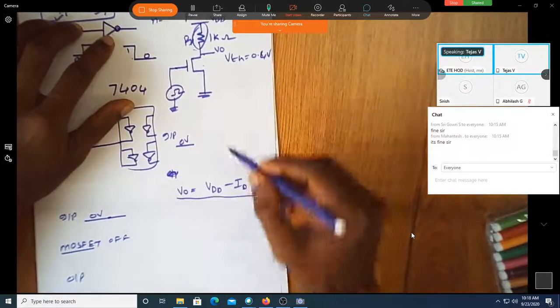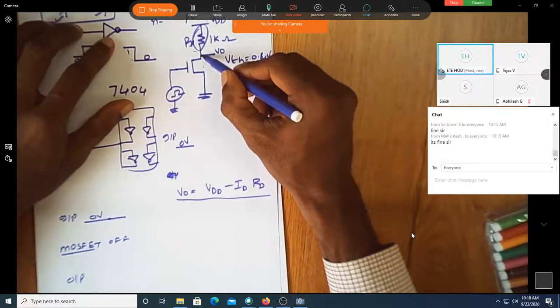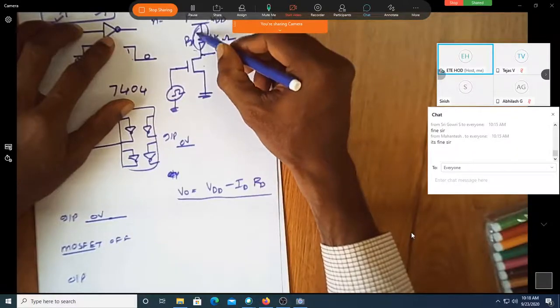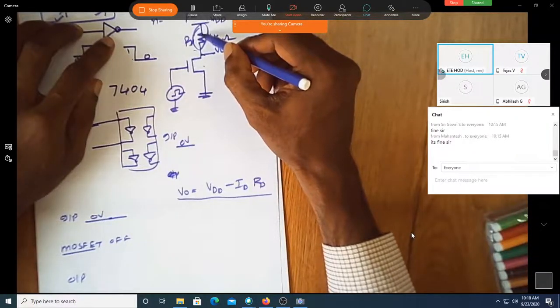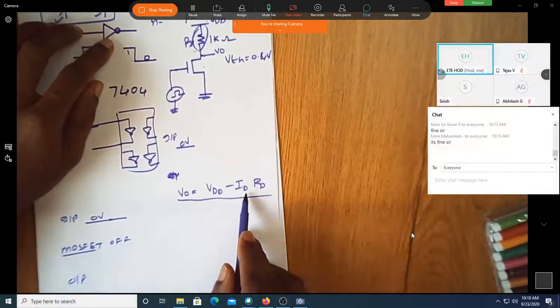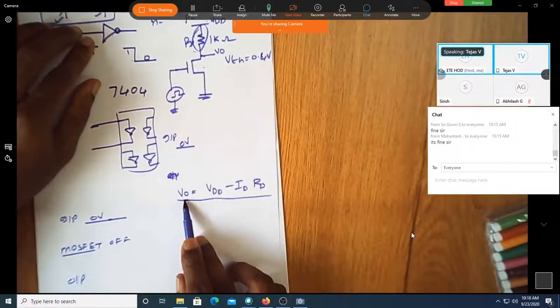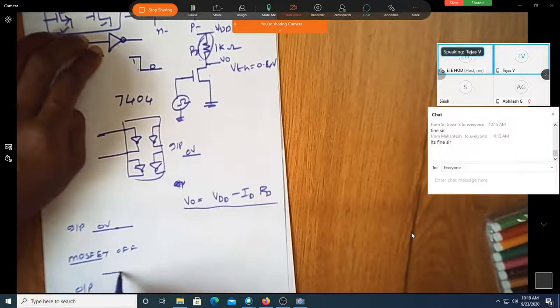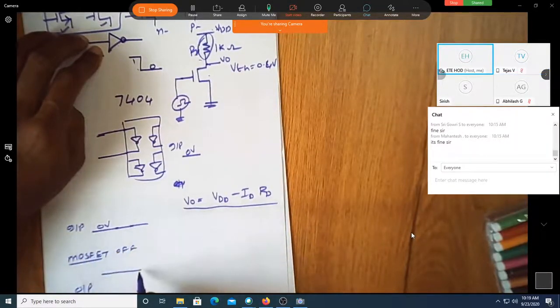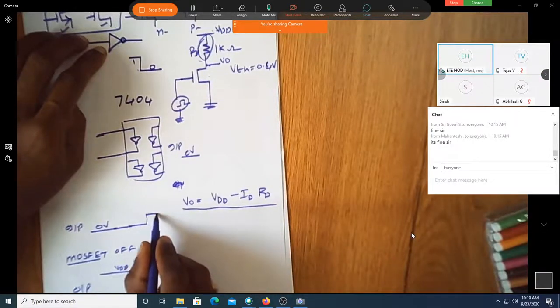Let us recap all those things. Suppose if I say this is the output voltage, the voltage at the drain is nothing but supply voltage minus the drop. Correct? Now, when the MOSFET is off, how much is ID? 0. Then what is V0? VDD. So I'll get it as VDD. You can see as long as the input is 0, till that point output is VDD. Now assume that this goes high.